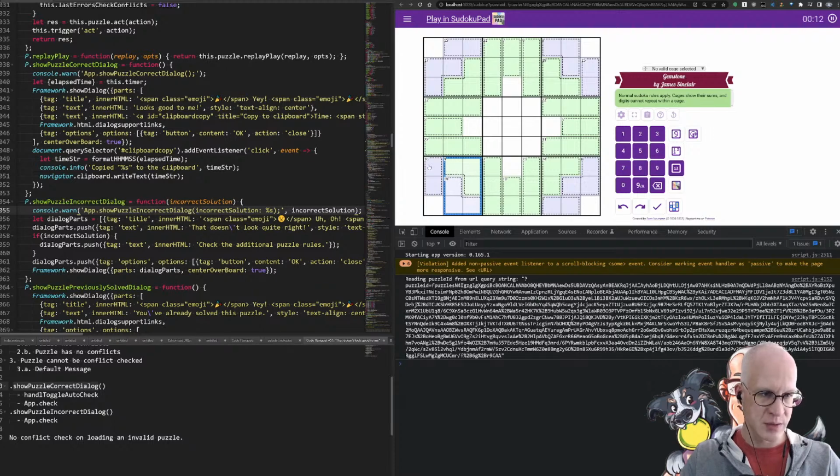That's 30 minus 2, 28, 38, 44. 44? Wait. 16, 25, 35, 43. Am I getting this right? And this would be a 9-7. Wait, this is 25. Wait, 16 plus 9 is 25. Then this needs to be a 1. Okay. So then this is a 2, 3, 4. And this is a 5, 6, 8.